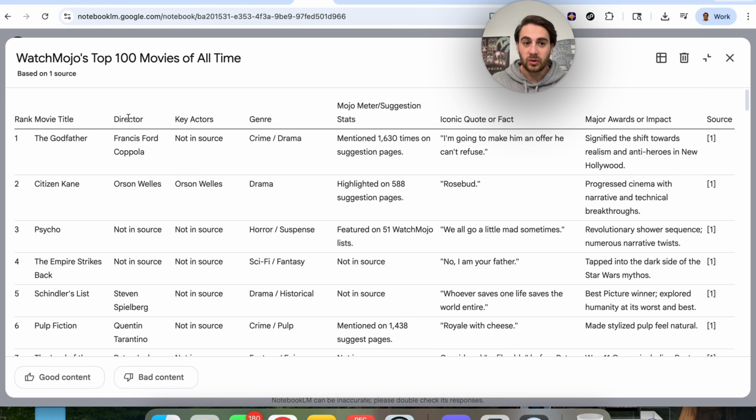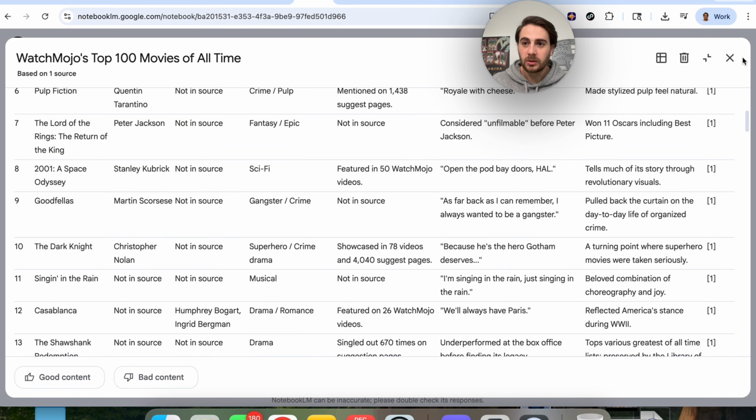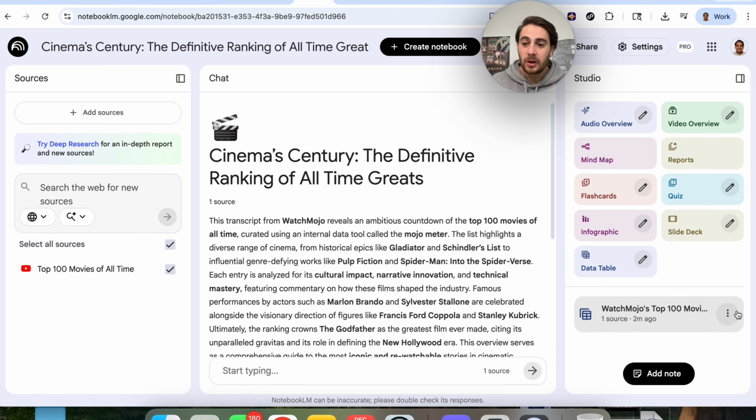the movie with the rank, the director, the key actors, the genre, the meter, suggestion stats, an iconic quote or fact, and major awards or impact. And then we could see what source was actually referenced if we had used multiple of these. And then guess what we could do from here? We could export this as a sheet. We could rename this. We could add this as a source, or we could chat with this, which is incredibly